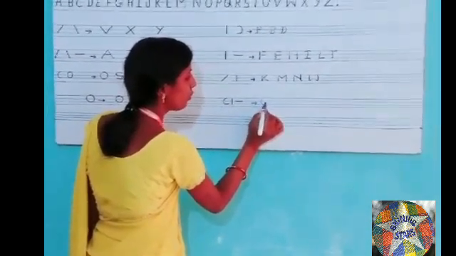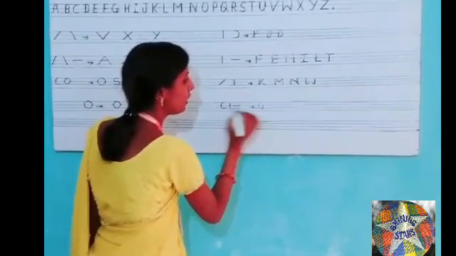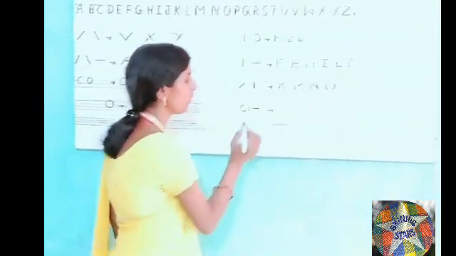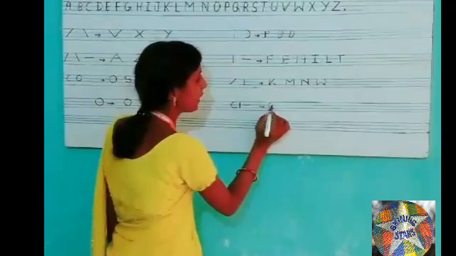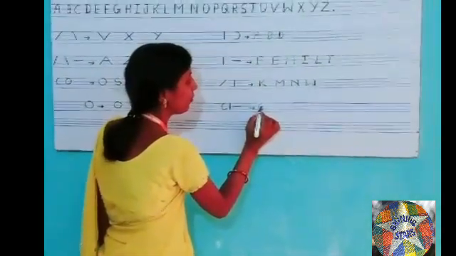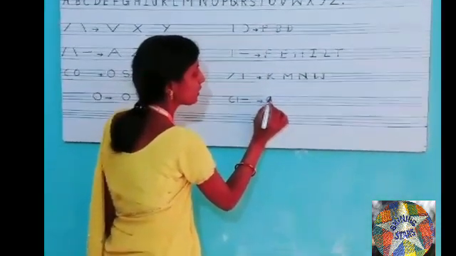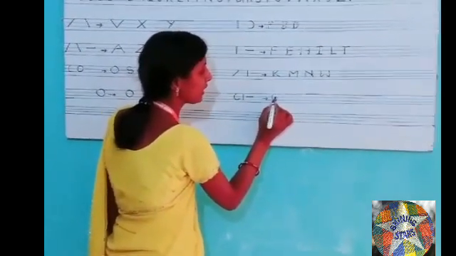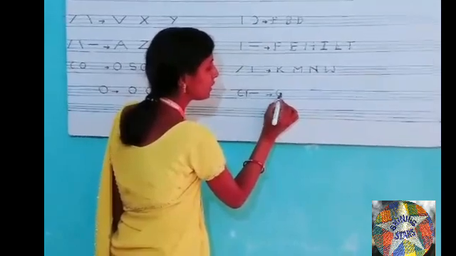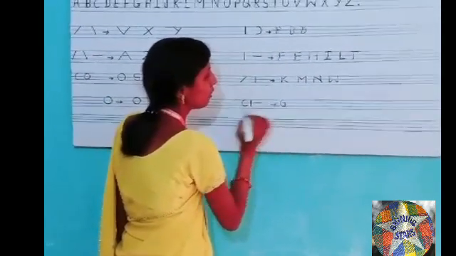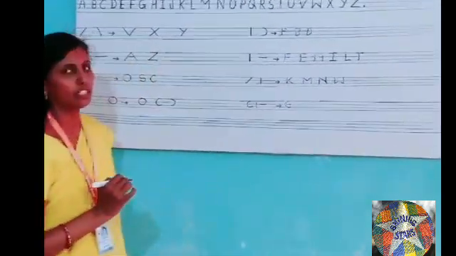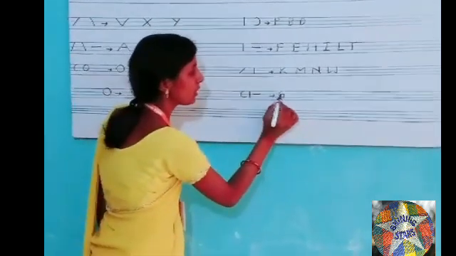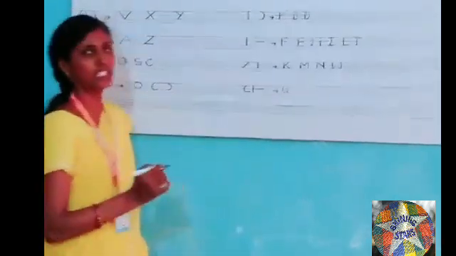Second green line to first green line. We will draw a standing line. Again we will draw a slipping line to make a G in the second green line. After the blue line comes the green line. So in the second green line we will make a small line, and it looks like a capital G.